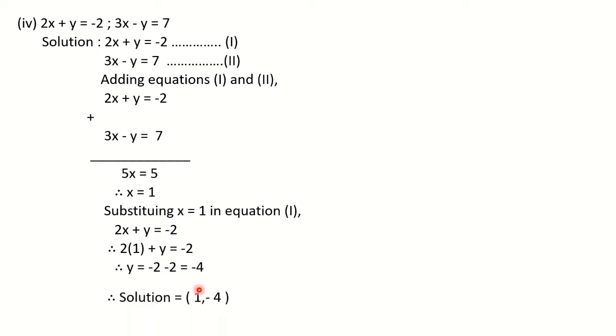So finally write down the solution, that is in round bracket 1 comma minus 4, or simply you can write x is equal to 1 and y is equal to minus 4. If you don't want to write in this format, you can write: therefore x is equal to 1 and y is equal to minus 4. Okay, so please copy it down. Be careful with the signs. Try to understand each and every step of how the sum is solved.